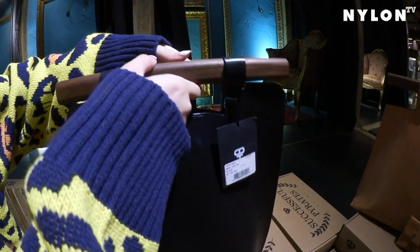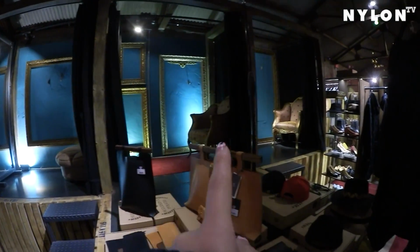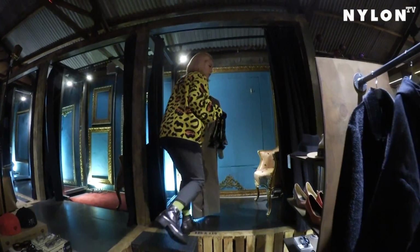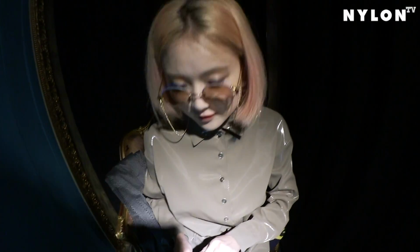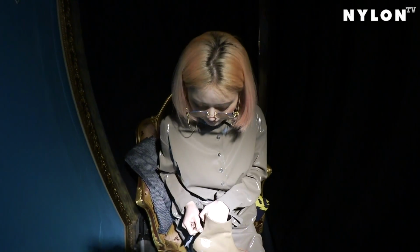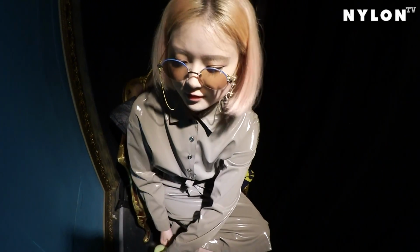This is the holder. Is that wood? Yeah. This is the fitting room, guys. That's so cute. They have a little ruffle on the neck. I think you can wear it as a coat or a dress. Yeah, depends on how you wear it. Bye. What are you filming? Take it off, sister. I have a t-shirt inside. Psych. Now look at my sister. She is gorgeous. Oh my god. And the dress fits her like a glove. You look like the rich girl from, like, the...